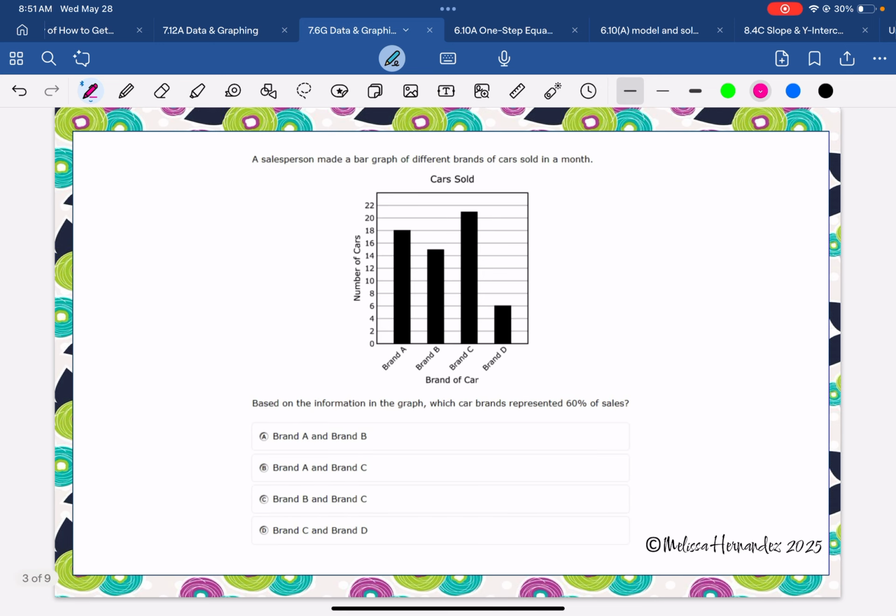choice. So for the last one, I'm going to read it to you, but I challenge you to answer the question in the comments. A salesperson made a bar graph of different brands of cars sold in a month. Based on the information in the graph, which car brands represented 60% of the sales? So I recommend listing sort of a table and doing the fractions the way I did in the last problem. So it'd be 18 over whatever the total is, and then do each one and set up proportions. If you need a refresher on percent, check out my other videos titled